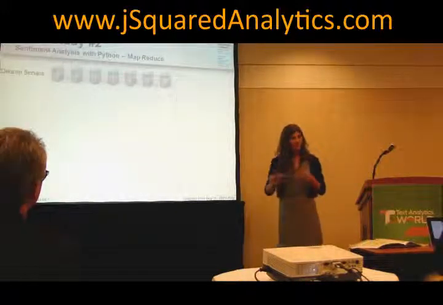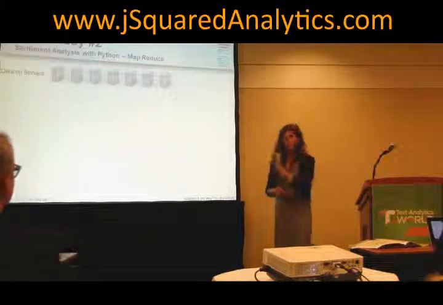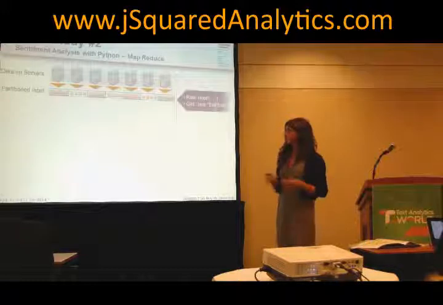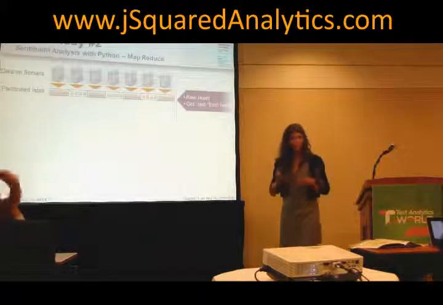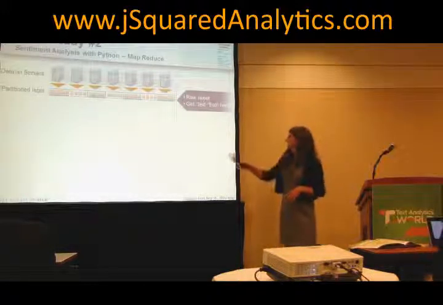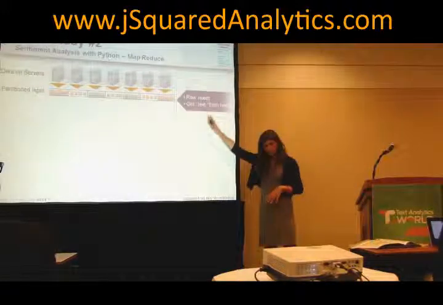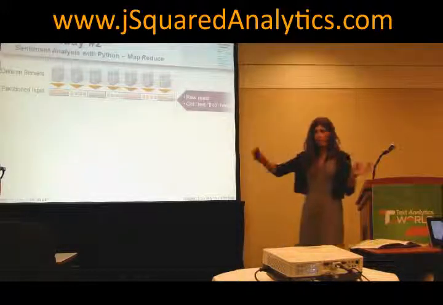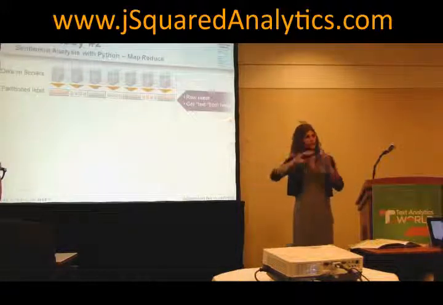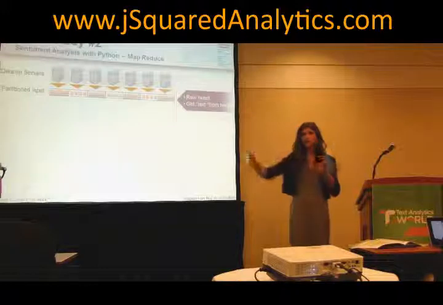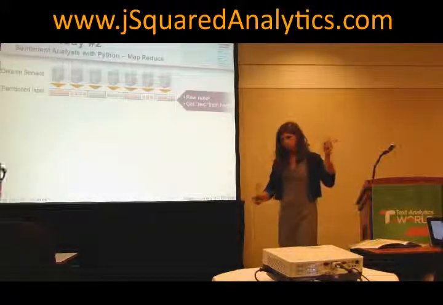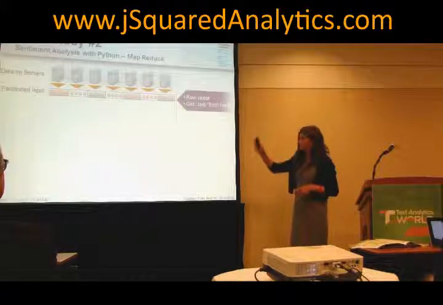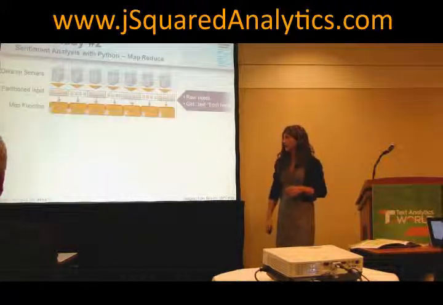So MapReduce is exactly what it says. There's a mapping phase, there's a reduction phase. The first thing that you're usually doing is creating this partitioned input. For us, this basically meant getting the text from the tweet. The tweet has got all of these fields in it, a number of fields about who did it, who their followers are, where they were at, all kinds of information about the actual tweet. It's a fairly extensive file. All we really wanted was the text. So we created this, we got our text.